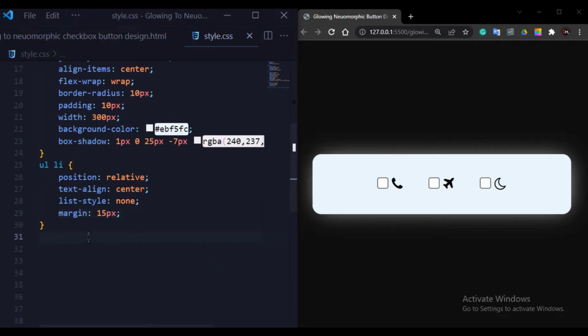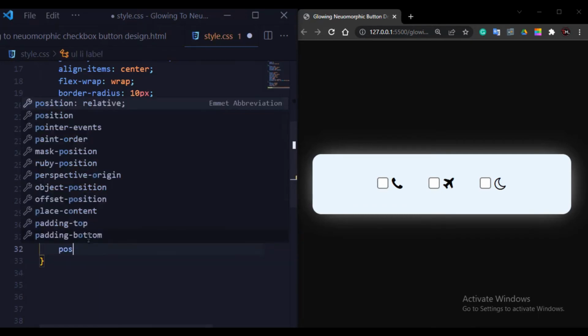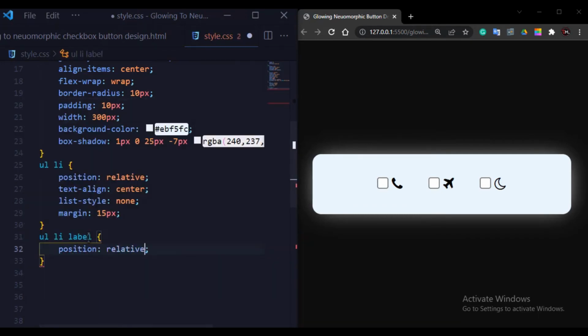And here I will write ul li label and just change its position to relative.